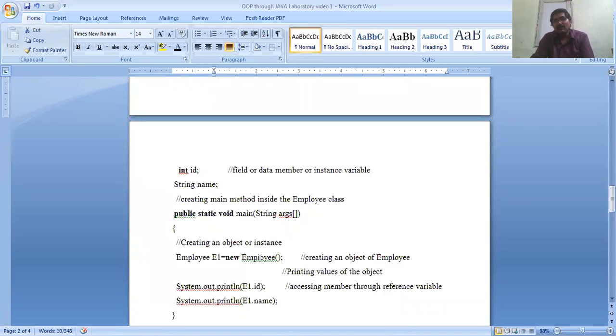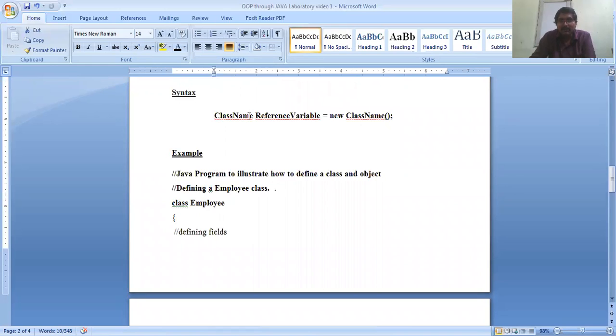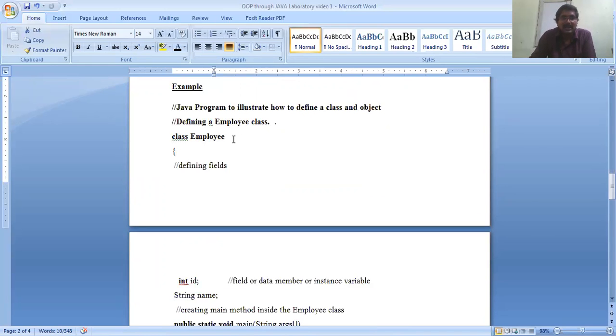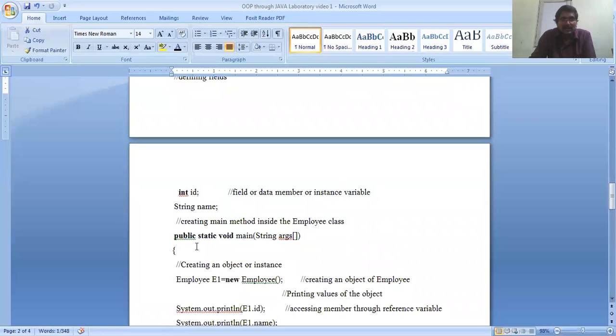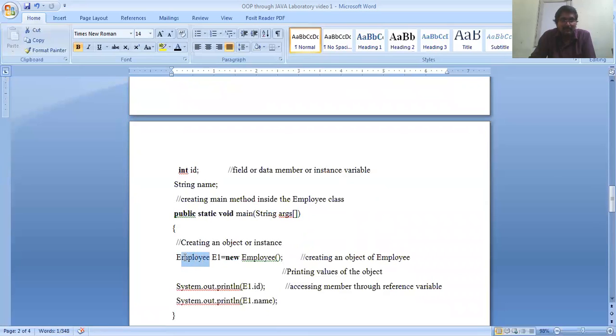In that, now I am going to create my object. So how to create an object? What is the syntax? Syntax is nothing but the class name followed by a reference variable. Now what is my class name here? Employee, so I will start with Employee. Then what is my reference variable? I have taken the reference variable as E1, followed by the assignment operator, then the new keyword. Here the new keyword is used, then followed by Employee, that is nothing but my class name, object, right?